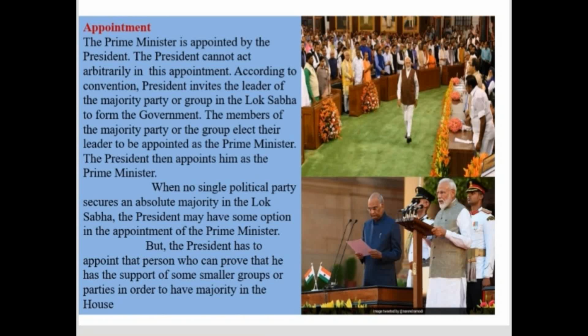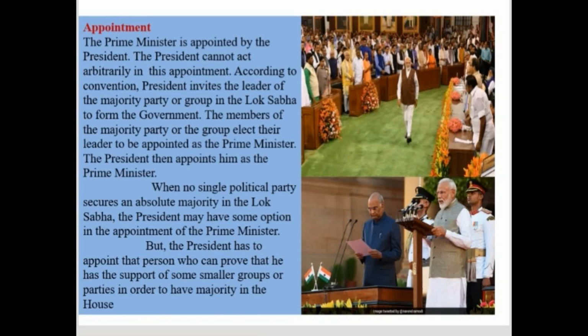But there is another situation here. If no single party wins the election, that means to form the government, no party got majority share. There is some equal share between different parties. And now, what is the circumstance now? At this situation, there is no electing of leader, right? So no single party is there. There are many parties now with equal share of votes. At this situation, even the President cannot use his choice, but using his discretionary powers, what the President can do